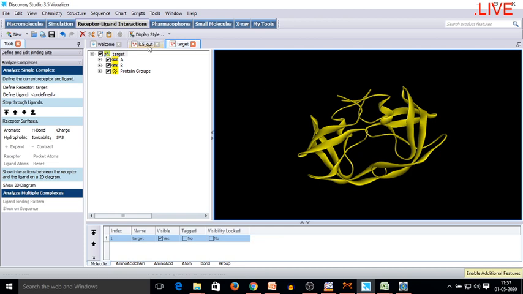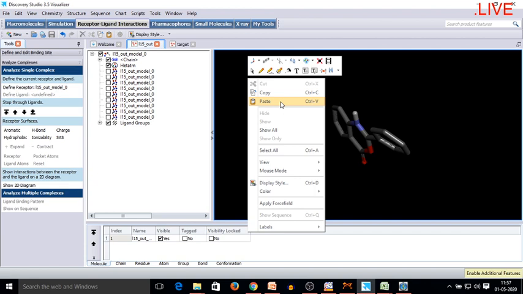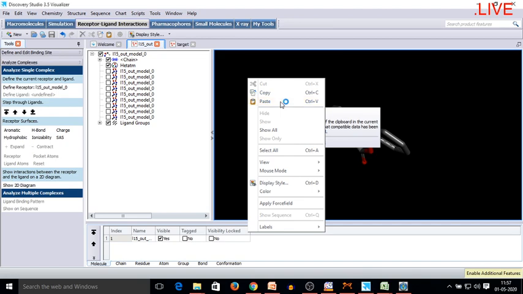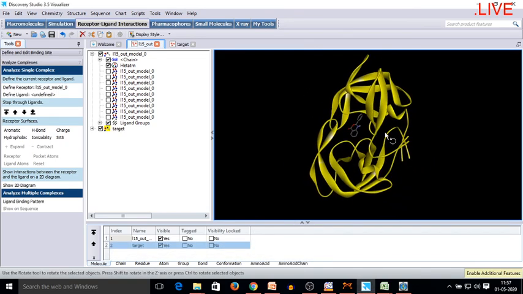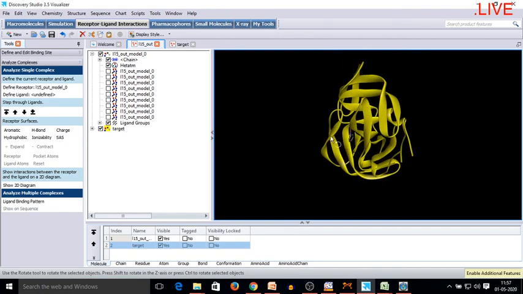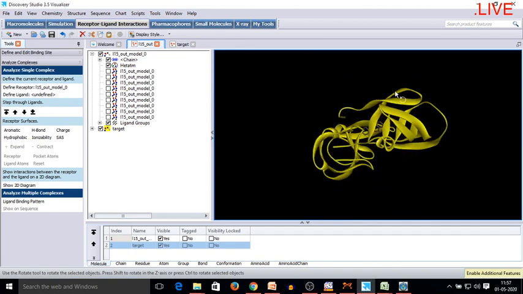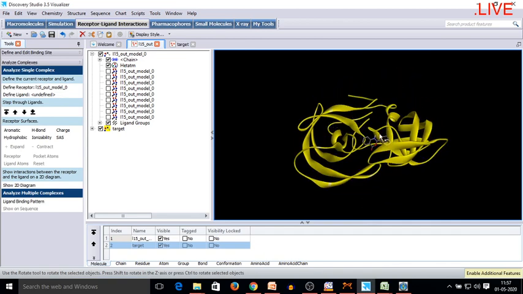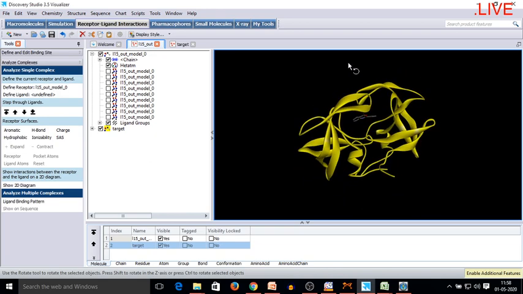Now going to that ligand PDBQT output file that was available, I will again press right key and I will press paste, or we can use the key Ctrl+V. Now here you can see that the molecule has been inserted in the receptor, and it might have bound to some active sites inside that receptor. It is not on the surface as it was displayed earlier.